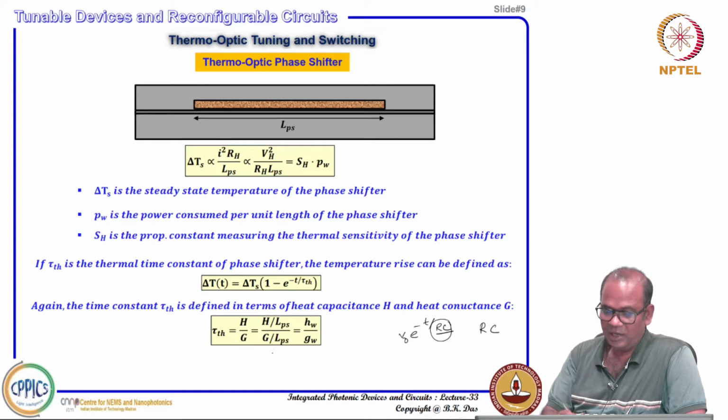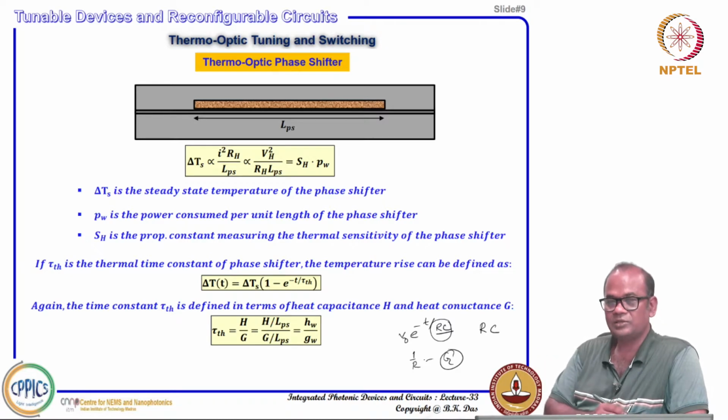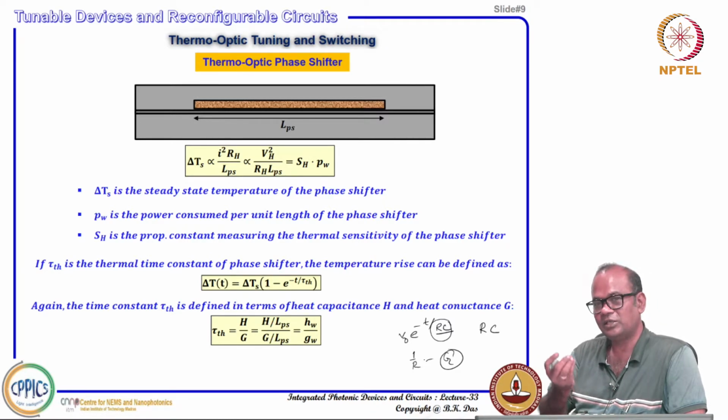So, similarly, here also, instead of an electrical circuit consisting of resistance and capacitance, what you can consider is 1 by R, of course, that is conductance G. Whenever there is a thermal source through the material, that thermal energy, how fast it can conduct, how good the conductivity of the surrounding material is. So, that conductance is the inverse of thermal resistance, or the inverse of thermal conductance is